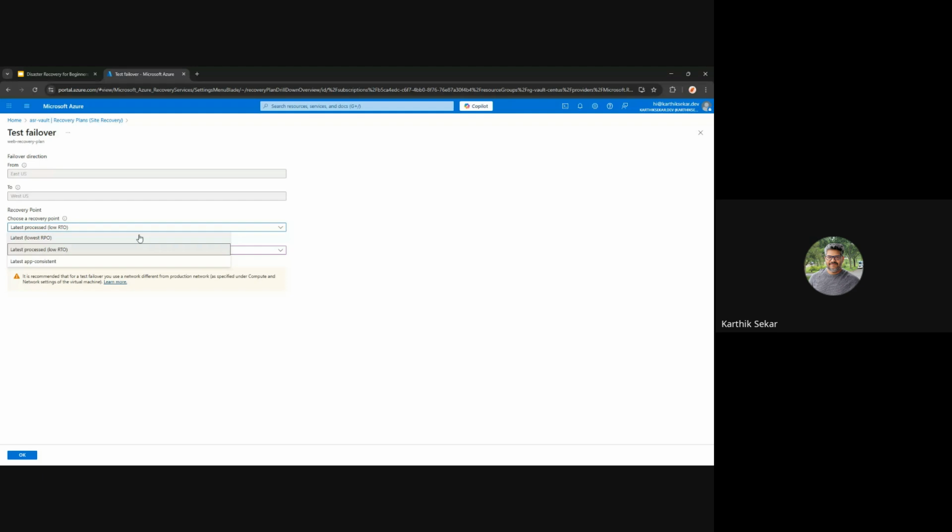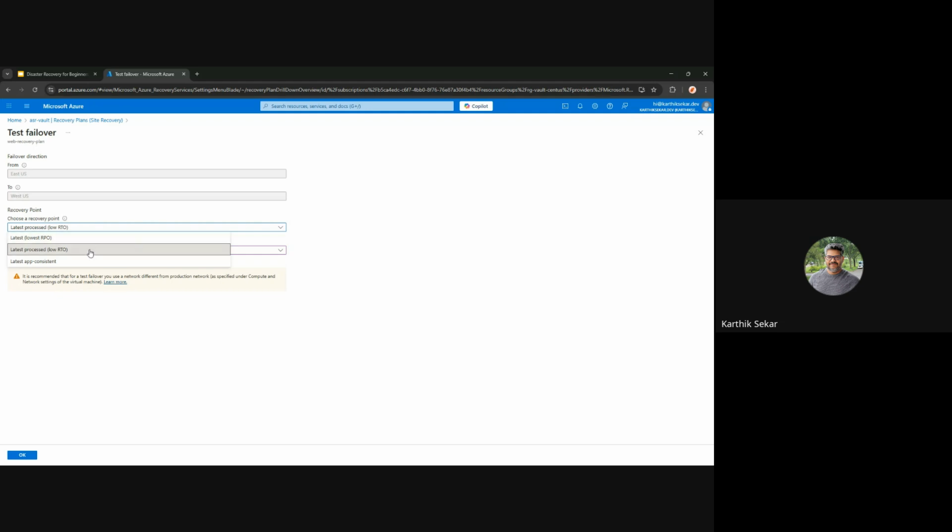replication points, right? Let's assume the replication keeps copying the data every 5 minutes, or every 10 minutes, or every 30 minutes. So we need to decide whether we want to go with the minimal data loss, or with the minimal time, the deployment time. That's where RTO and RPO come into play.